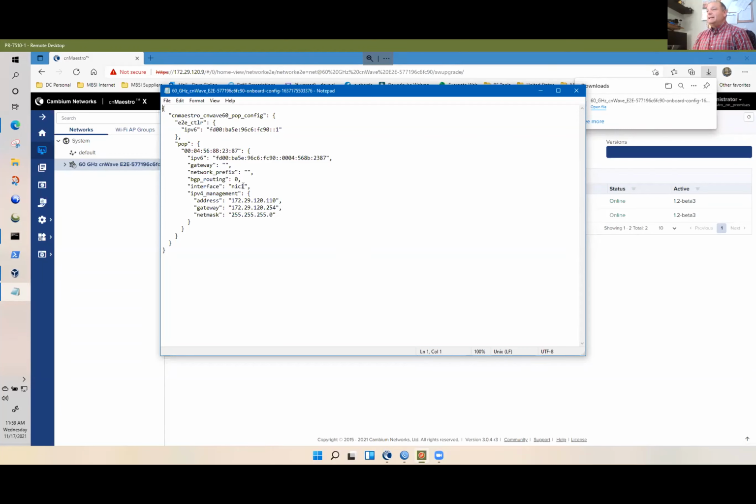The interface in the cnWave device is called NIC1. There's up to NIC9 in the device. NIC1 happens to be this interface, and the IP address that I assign to it here when I create the configuration for the POP is then in this file. So when I log into the cnWave device for the first time, one of the things that I can do here,